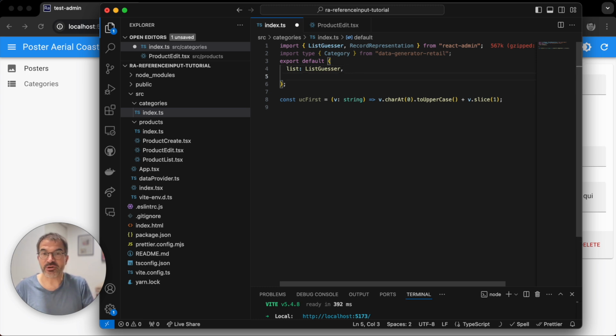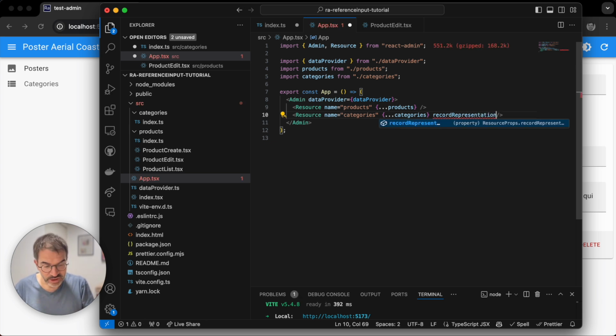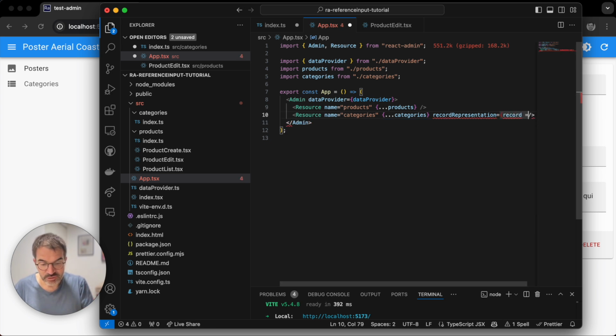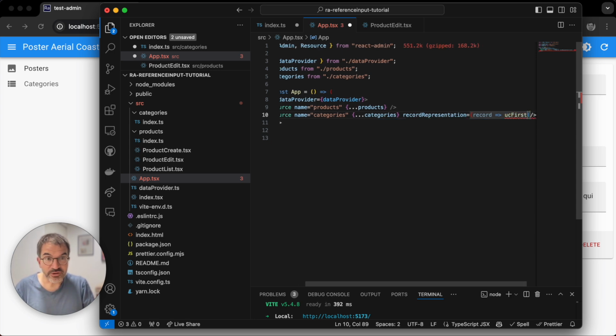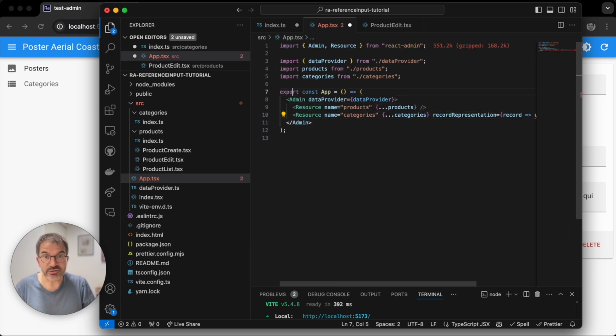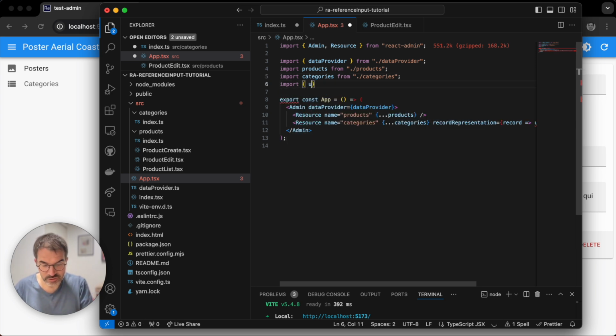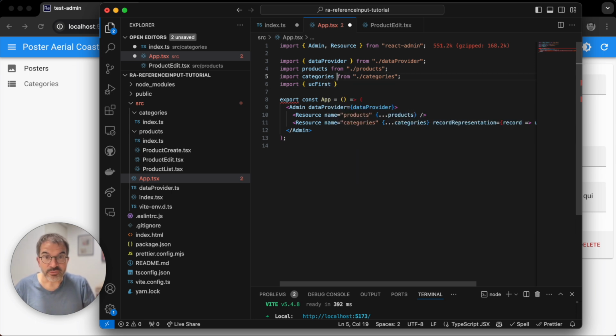So here I'm in the category resource, and I can say that the record representation will be, if I receive, for instance, a record, it will call ucFirst of record.name, and I have written this ucFirst here from category, so we're going to import ucFirst from categories.